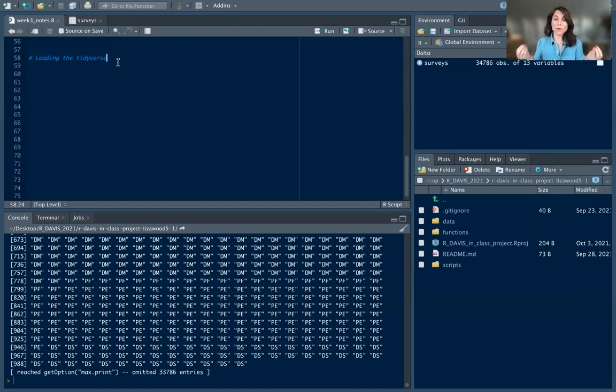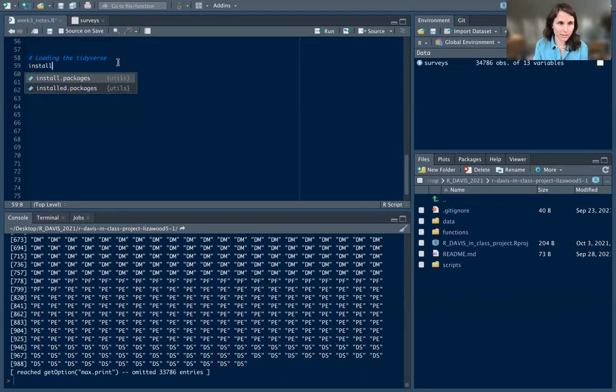But not most packages, really any packages, come pre-built into RStudio. So whenever we're working with a new package, we have to install it into our computer. And we only have to do this once, but it can sometimes hang you up if you're trying to work, you see a function online and you copy someone's code, but it doesn't run on your computer. One of the first things to ask yourself is, have you actually installed the package that this function is based on? So to install packages, we will rely on the function install package,